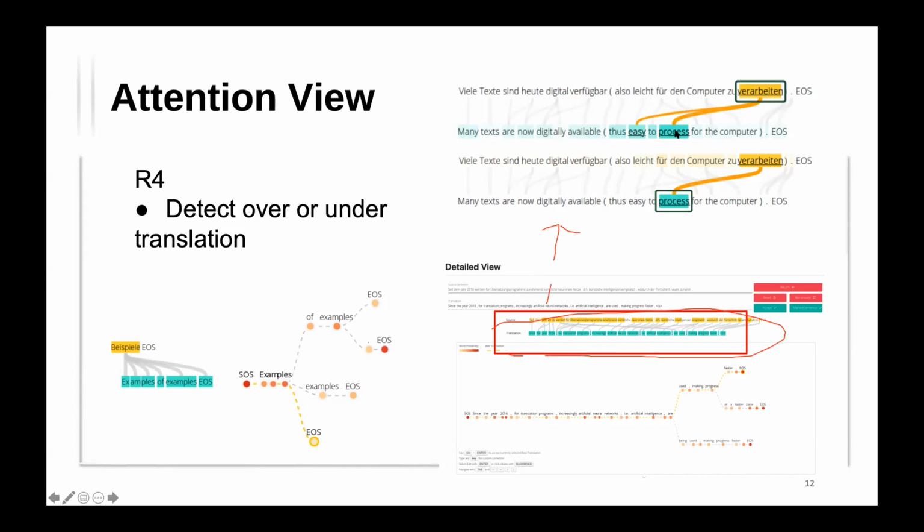The thicker the line is, the larger the weight is. And by doing this, they think it can be a solution to the over translation and under translation problem, because if there happens to be an over translation problem,